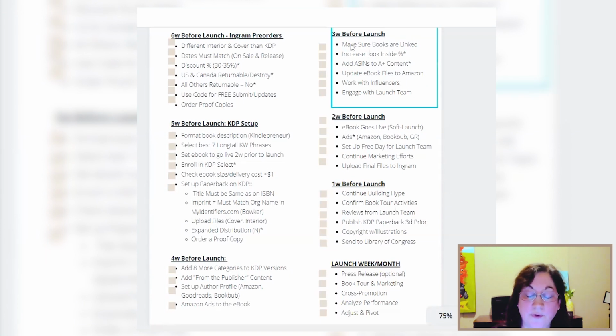Okay, so 3 weeks before launch, you make sure everything's linked. Make sure that your look inside percentage, when the print book is out there, you can click and see the interior. The look inside percentage can be updated by requesting that on Amazon. I don't know if you've ever gone in and clicked on look inside and you get 2 pages in, which is just past the title page, and then you can't see anything more. So you officially need to go request that they bump that up. And I usually like to go up to 40, maybe 50%, so that people can see what's inside your book and determine whether or not they want to buy it.